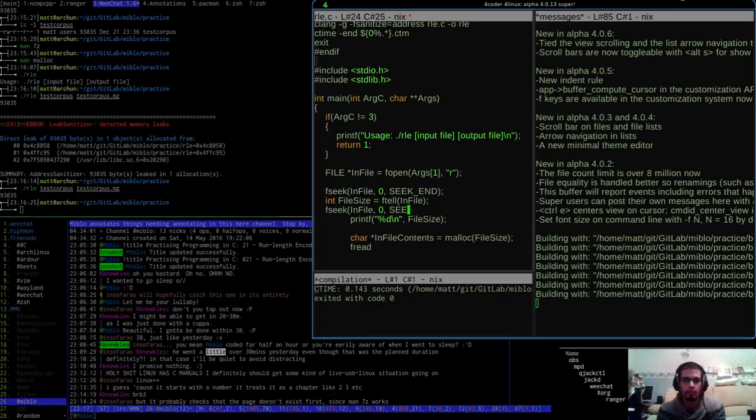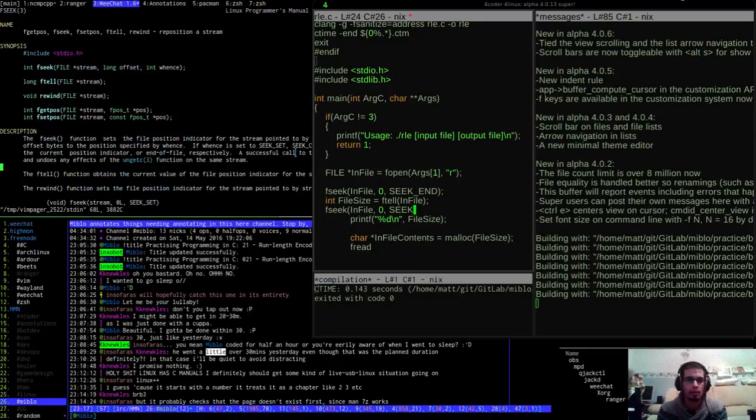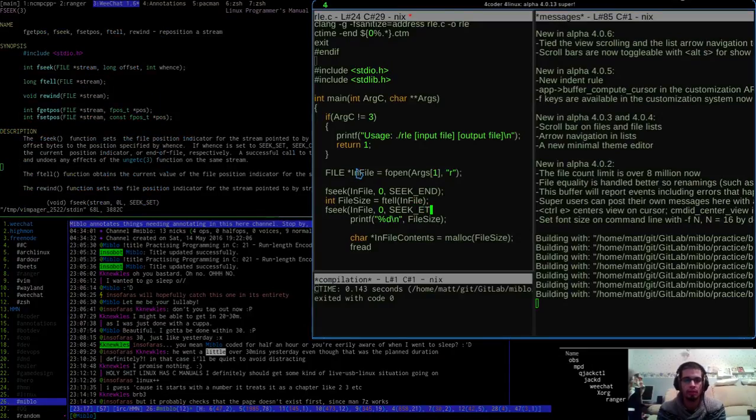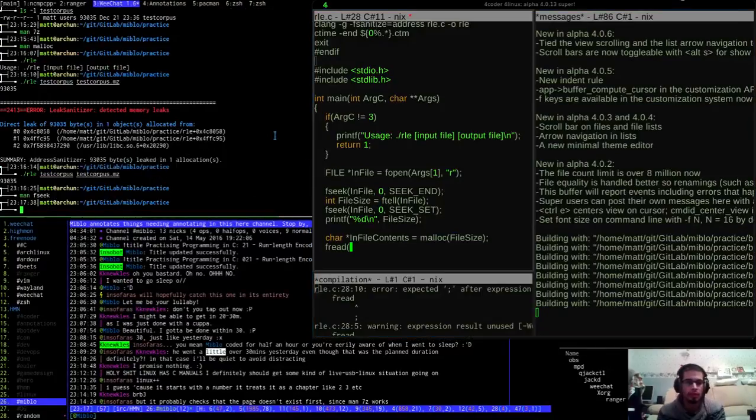I wonder if it'll give me any. No, it doesn't. SEEK_SET, I think, is the thing I'm after. Right, and then I want to fread. Let me just see what I do. Oh, actually, fread, right, it's beyond Stroustrup caused frustration. So it's buffer.